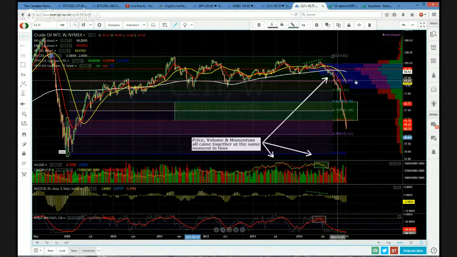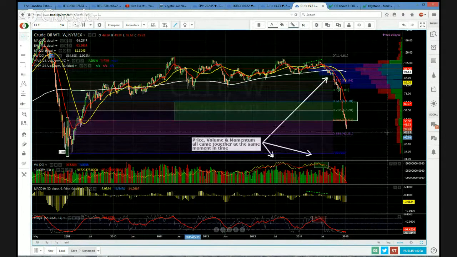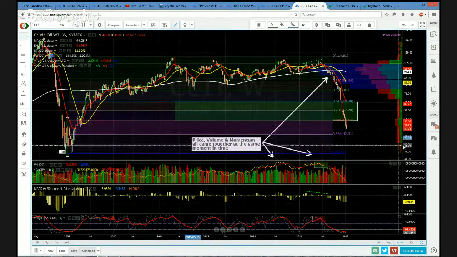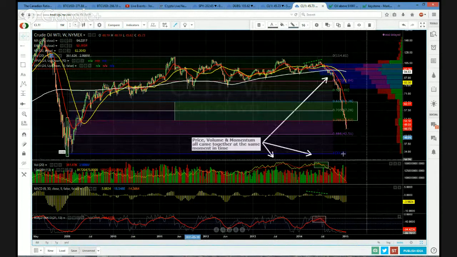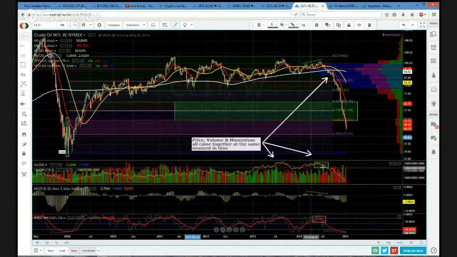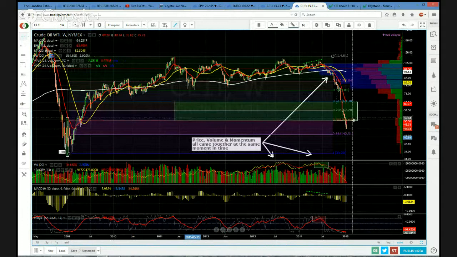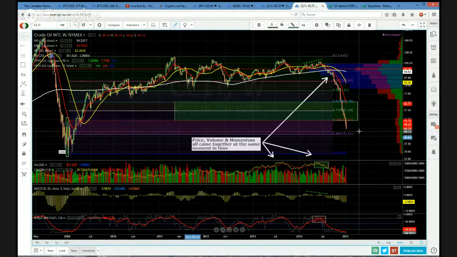If we look at the profile here, you can see there isn't another POC down here. We call this institutional order block, but I don't see a heck of a lot of buying that's going to support this in here. And in the face of this meltdown, this is not an investment grade consideration, right? You've got to let the dust settle here. This is a weekly chart, so looking for investors, that's just like Joe Sixpack.